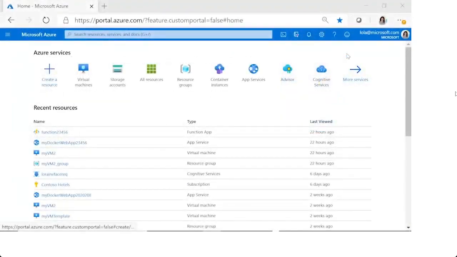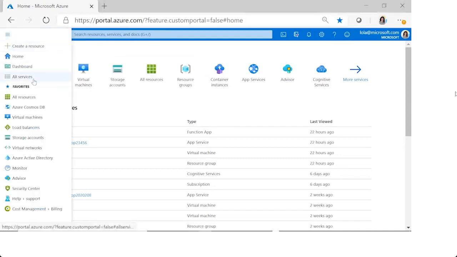Here I am in the portal, and let's get started creating our virtual machine. So I'm going to create the virtual machine, and then I'm going to connect to that virtual machine and then install a web server role and then test it. Let's get started. So I'm going to create a new resource. I can also go to virtual machines, or I can also look on the left-hand side here and look for